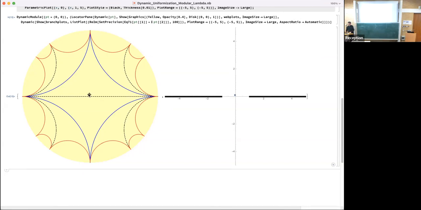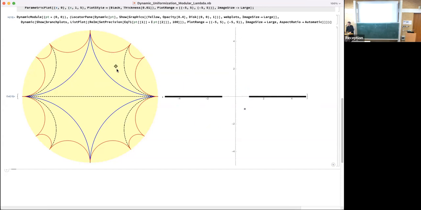Now I'm going to wander here inside the disk, and you see the point moving on the doubly cut plane. Approaching the branch cut, I'm going through the branch cut onto the next sheet. Now I have three choices. I can go this way, I can go this way, and then I can go through that. So let me first go this way. What happens is I go around there and I cross the other cut.